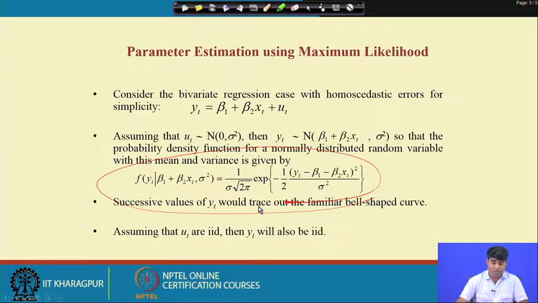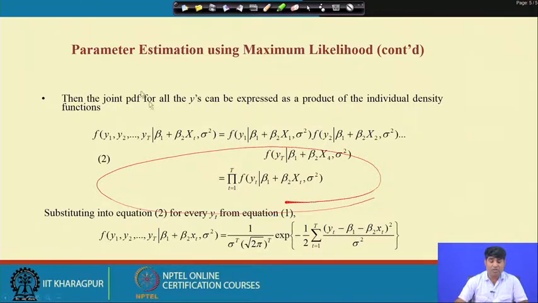Assuming that the error terms u t are identically and independently distributed with 0 mean and unit variance, then y 2 will also follow a similar structure, normally distributed with mean 0 and unit variance, and then we have a joint probability density function for all the y's, which can be expressed as a product of the individual density functions. So, ultimately you will have the structure like this,